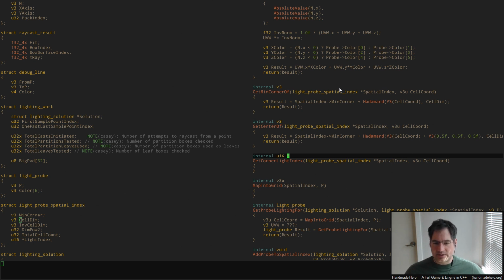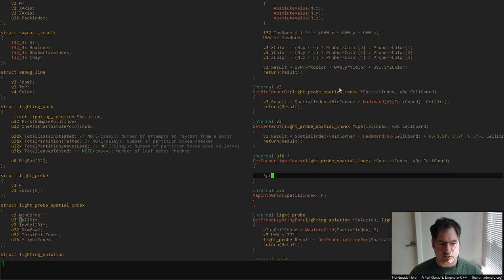And then finally, when we go to get corner line index, in this case, now we just need ways of looking up into the spatial index. For now, I'm going to stick with assertions, but I don't know if we want to use clamping in the future. It may be best to use clamping, again, because that's pretty cheap. In SSE, it's not very hard to do clamping, so sometimes you just do it instead. So it's hard to say exactly how we want to do that. But either way,